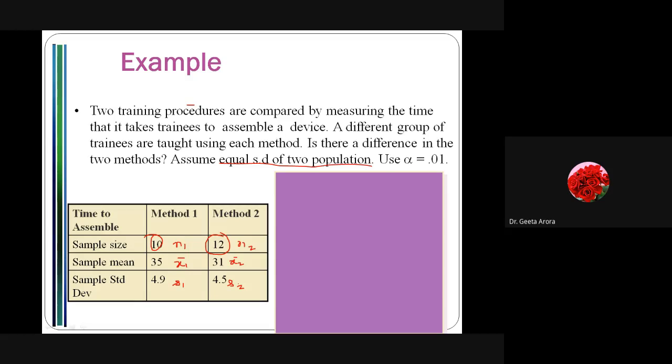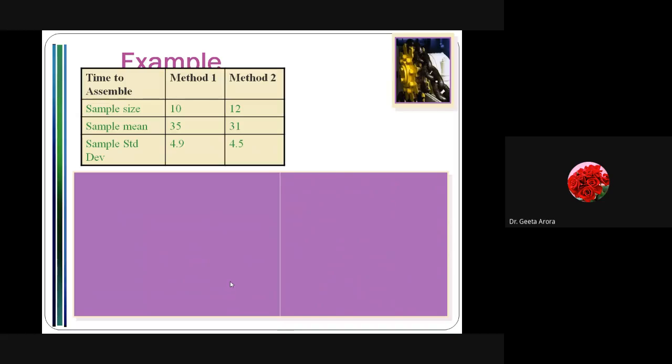The first thing is we want to find the null hypothesis, the alternative hypothesis, and the test statistic. So this is our test statistic, where we have only one s. Correct? x1 bar minus x2 bar is very easy to obtain. In the denominator, under the root, we have s square times 1 by n1 plus 1 by n2. So we first need to calculate s square. It is the degree of freedom of the first, n1 minus 1, into s1 square, plus n2 minus 1 into s2 square, divided by the whole degree of freedom.